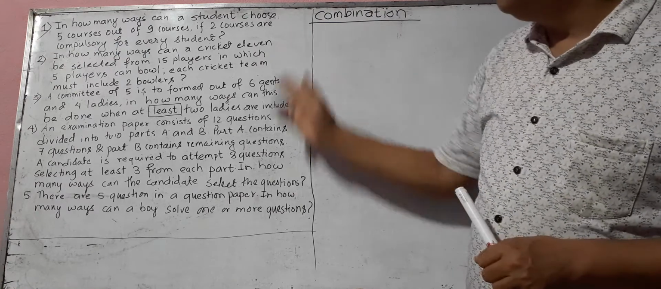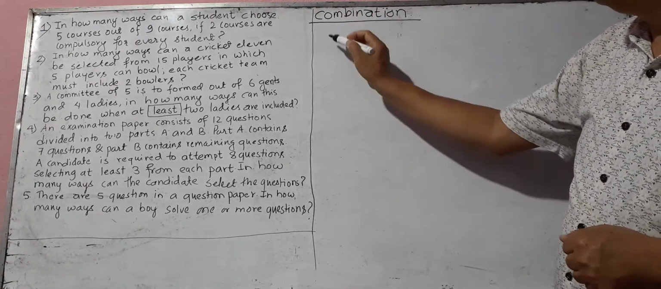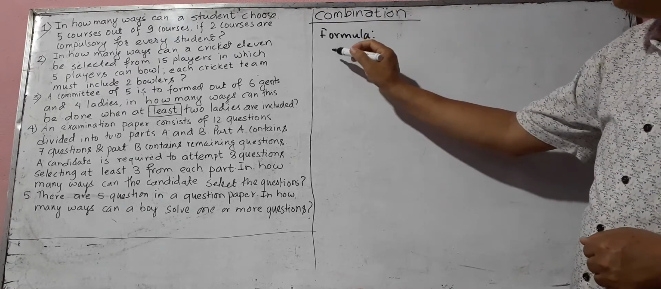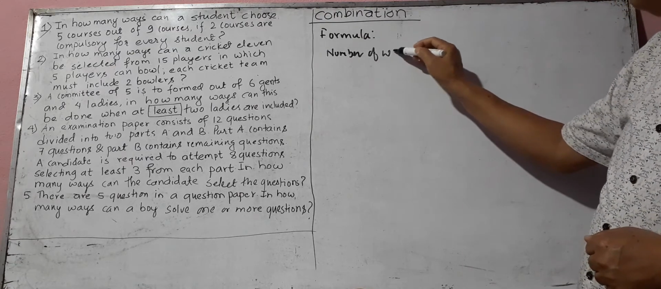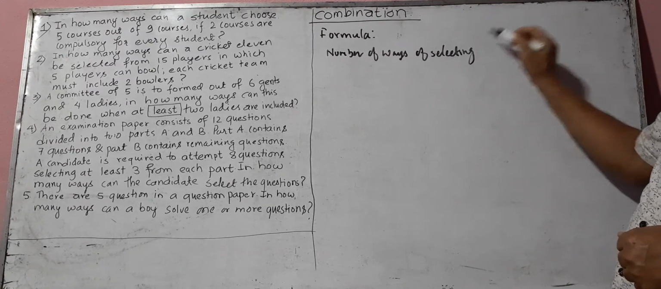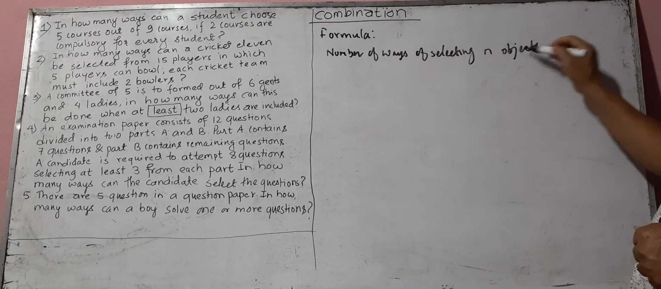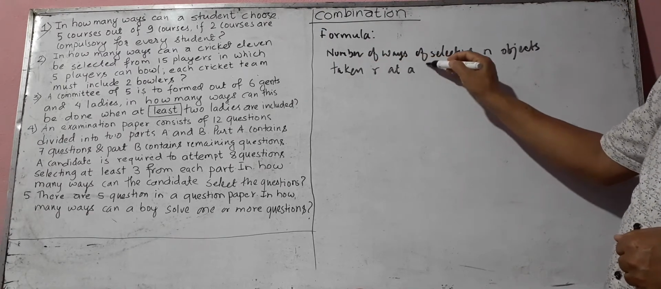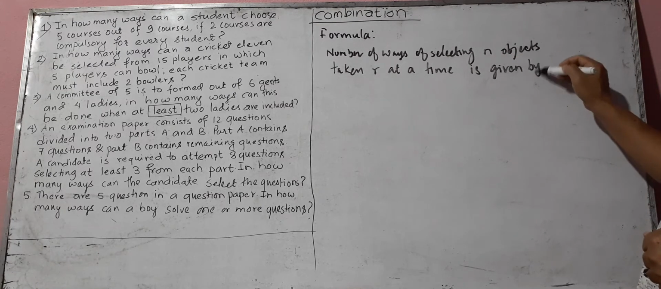So we have some problems, and before solving them, I would like to write the formula of combinations. Formula: the number of ways of selecting n objects taken r at a time is given by